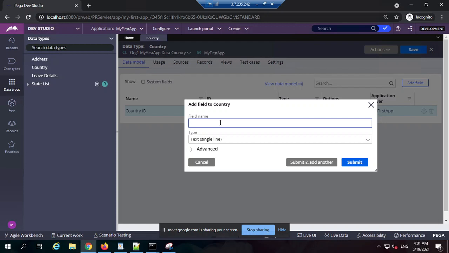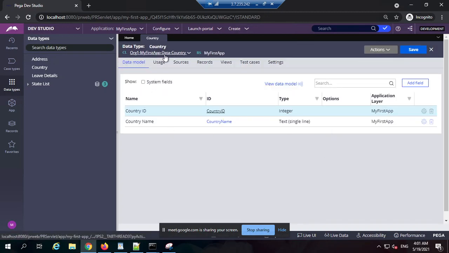Suppose there are two entries named India, but I can distinguish them based on different IDs. Country name is text, fine. So now we have a basic data structure, a data model named country, having two properties, one integer and one text.